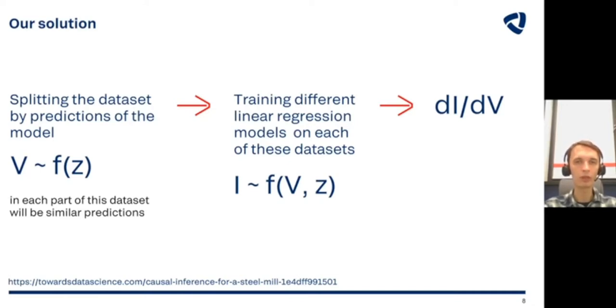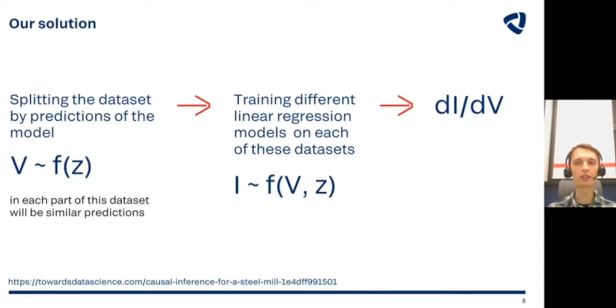But you can do something different. You can train a model of velocity with respect to other parameters as a function of z. And with this model, you can receive an estimate of velocity corresponding to these parameters.